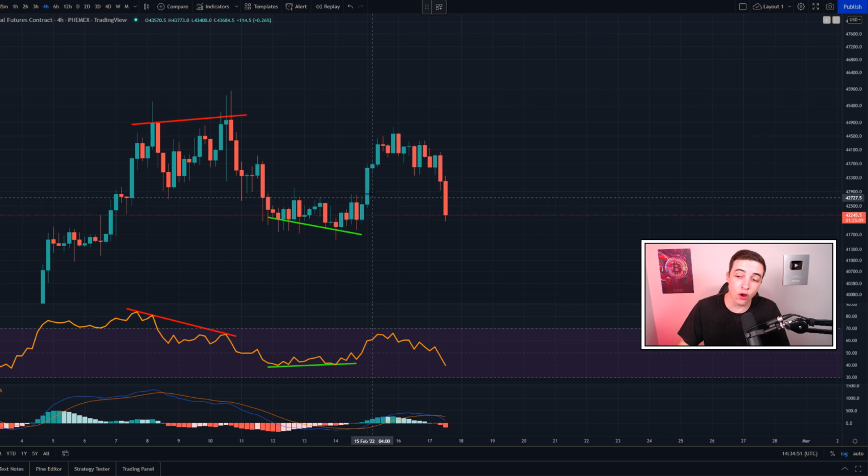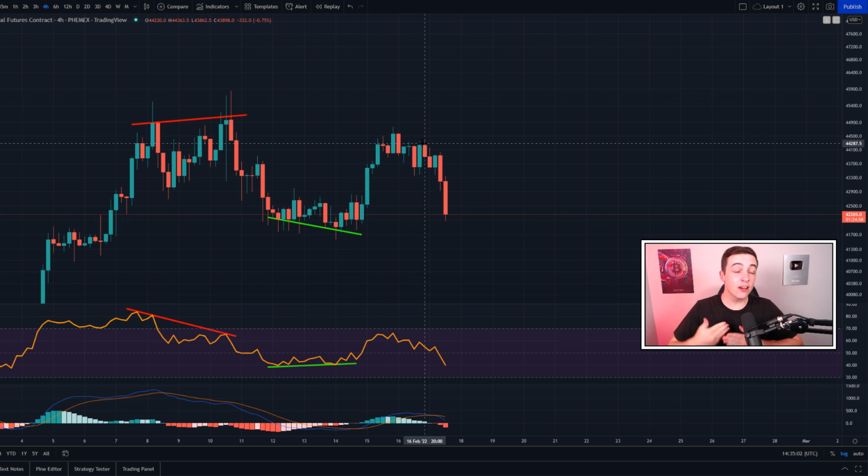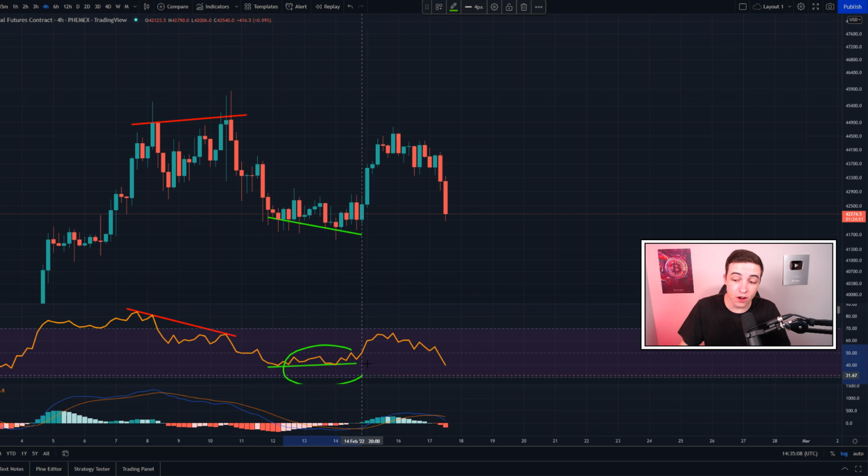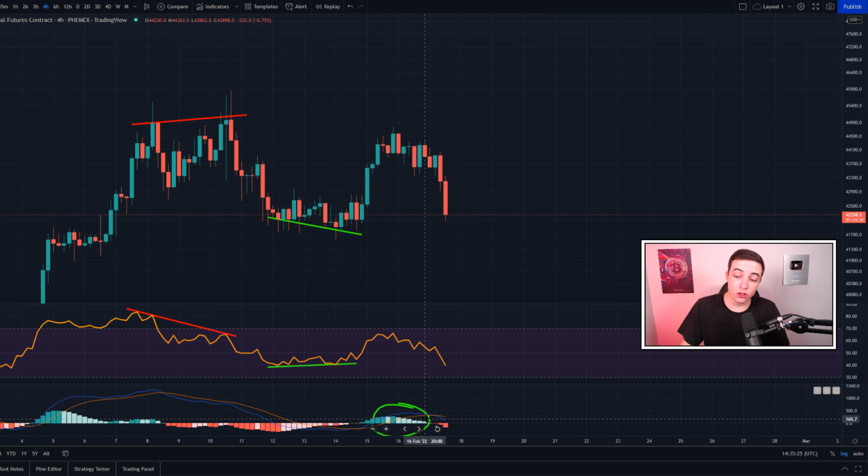Around 3 days ago, we were looking somewhat bullish in the shorter term after seeing this bullish divergence. But then only just yesterday, if you watched my last Bitcoin update video, at the start of that video, I talked about how that bullish divergence is wearing off, with the Bitcoin RSI trending to the downside in the shorter term and the Bitcoin MACD starting to trend back to the downside if you're looking at the histogram.